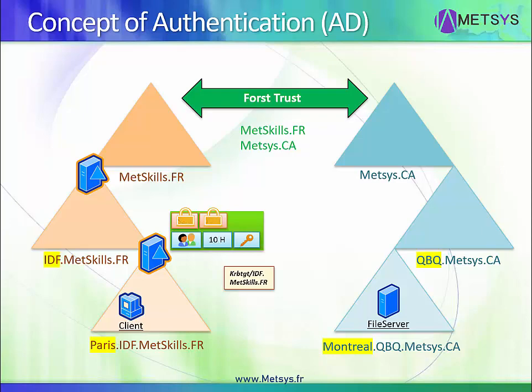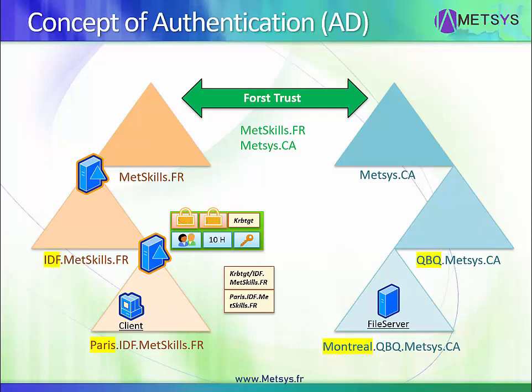So the KDC will generate a referral for the service principal name of the parent domain, which is going to be krbtgt/idf.medskills.fr. And also, this referral packet is going to have more information, like where it's coming from and where it's going to. For simplicity, we're just going to call this krbtgt, and we understand that this krbtgt is going to